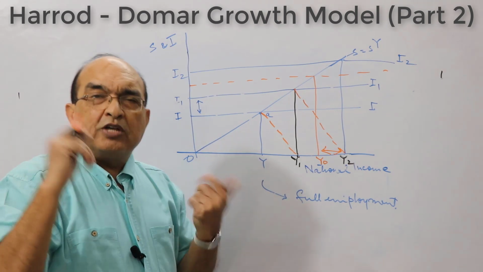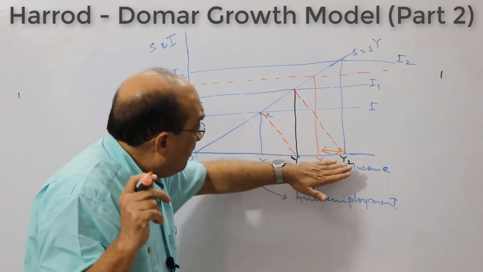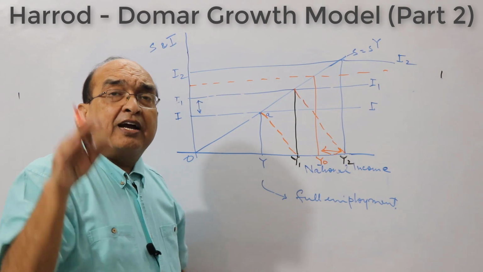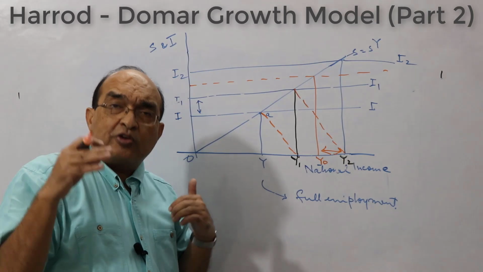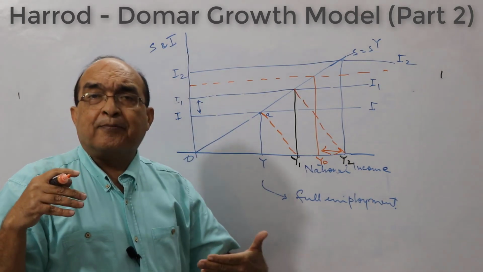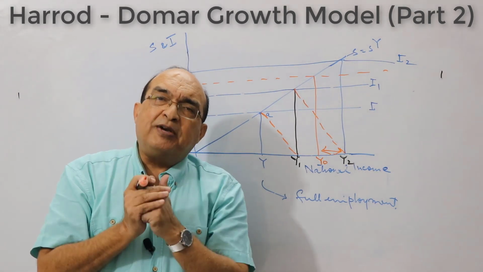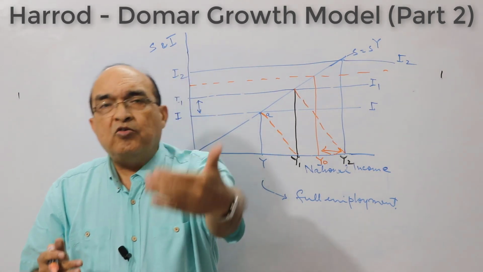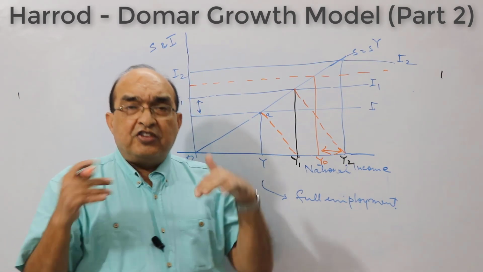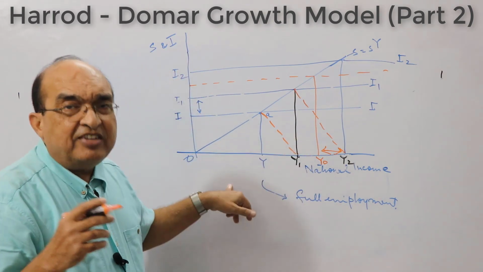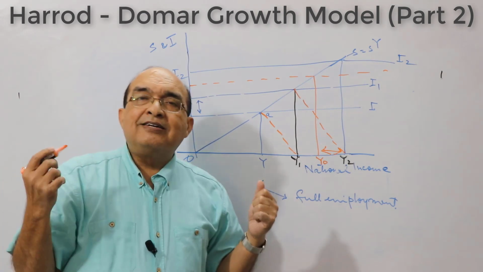The economy might be going through a downturn as far as the business cycle is concerned. So producers will curtail investment. Curtailment of investment will reduce the income further. If producers slow down their investment, that will curtail income further, and that means producers will have to shrink their investment again, leading to a further decline in demand. So this process will go on, and equilibrium, once lost, will not be regained. This is what Domar suggested.